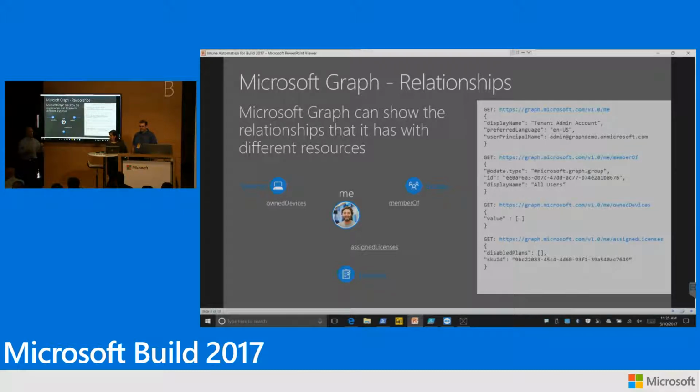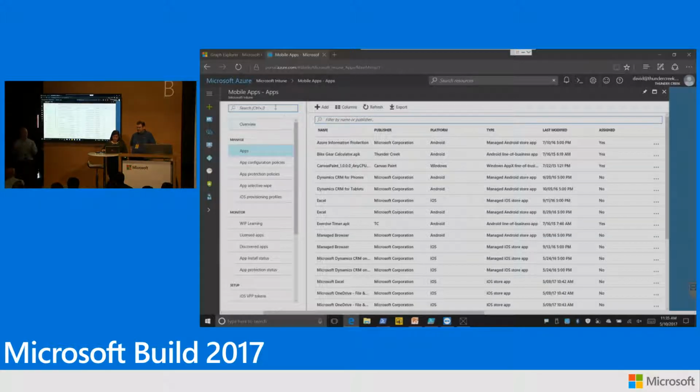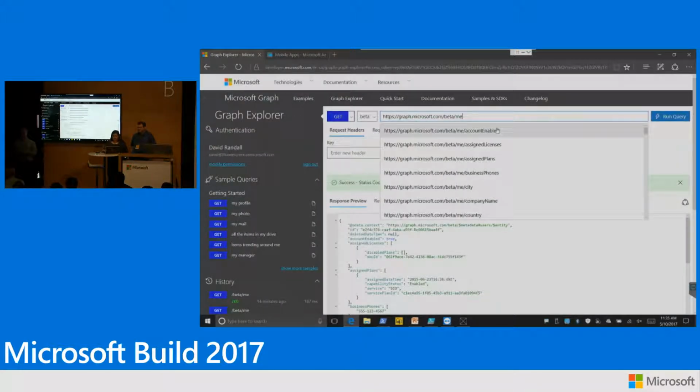So let's see exactly how this works. Roxana, if you'd switch over to Graph Explorer. Now this tool, you're going to want to spend some time in Graph Explorer because this is going to give you a great way to either use a trial account or your own trial tenant to go figure out exactly what's available. So in the first example here, we have